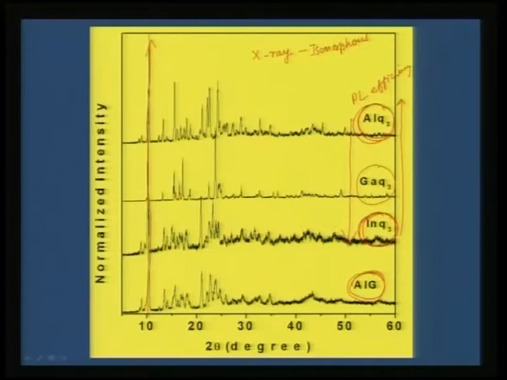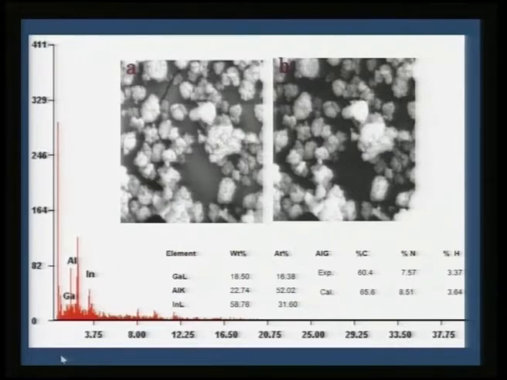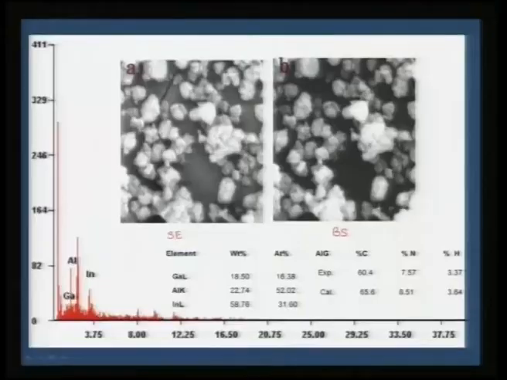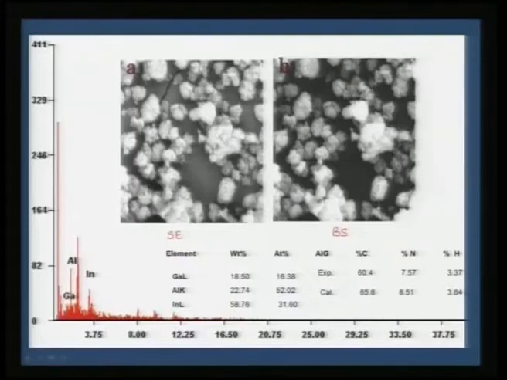So you can see the X-ray pattern is exactly matching with the individual compounds. How do we know that this is a solid solution? You can take the secondary electron image and the backscattered image. Secondary electron and backscattered images will give you a clue whether it is a simple mixture of all the 3 complexes together. In that image you will see they are all in different colors. In black and grey resolution they will all be in different shades, but what you see here, from this picture to this picture, almost the color contrast is exactly the same.